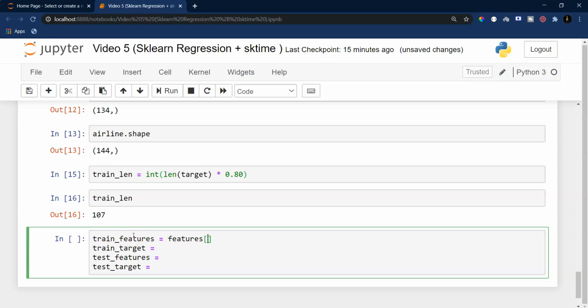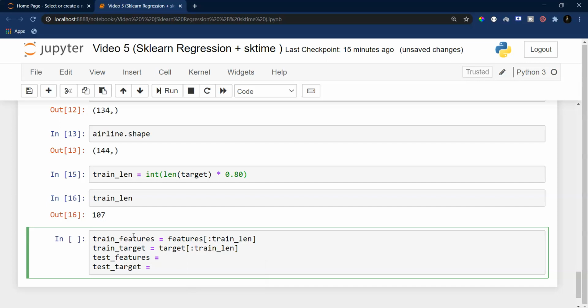So in the train features, I can get all the values of features up to the train length. Similarly for target, all the values up to this train length.